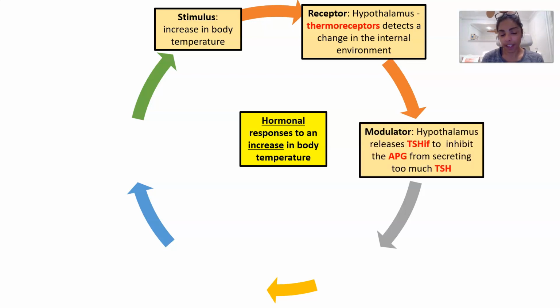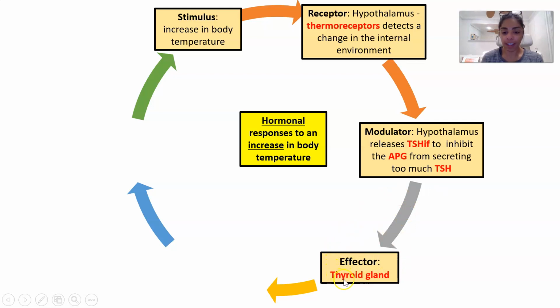This time, instead of having thyroid stimulating hormone releasing factor, because we have an increase in body temperature, we are going to be releasing thyroid stimulating hormone inhibiting factor. That will prevent the anterior pituitary gland from releasing too much thyroid stimulating hormone. So our control center here is regulating how much thyroid stimulating hormone is secreted, and as a result, it will